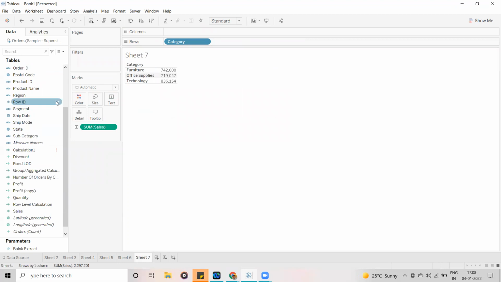Now, for example, I want to display the data yearly. In the category, we have three different categories, and for each category we have some sales amount.